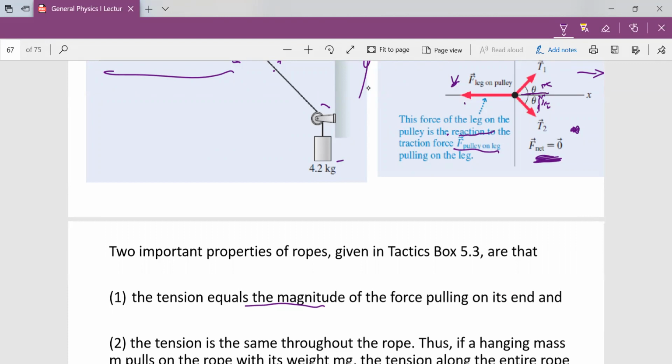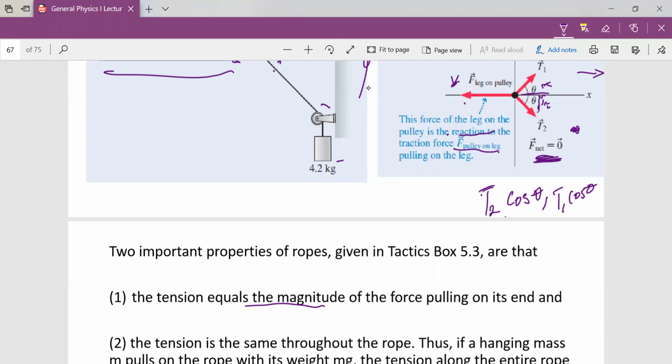That is why T will be T cos theta, and T1 will also be cos theta because we're looking for the S component as defined from this angle, okay? So if we say these two are the same magnitude,